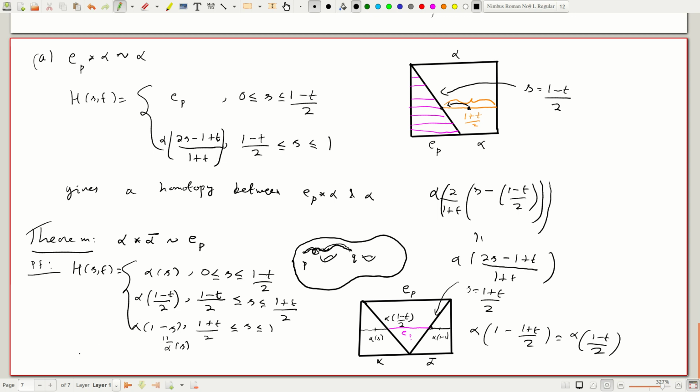And if t is 0, then we just get, so this gives a homotopy between alpha star alpha bar and on top the constant path e_P. Okay,